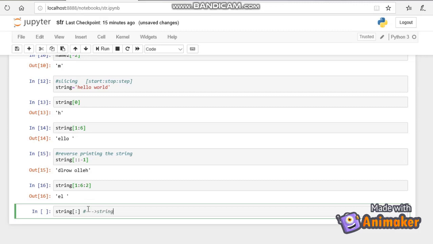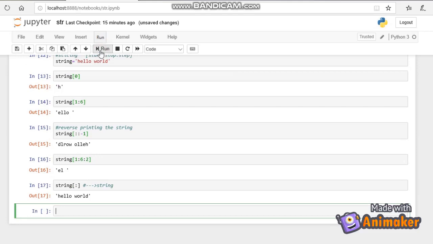So it prints the whole string. So that's it. We have seen all the basic operations in string. Let's see more about string in the upcoming videos. So that's all about the basic operations.